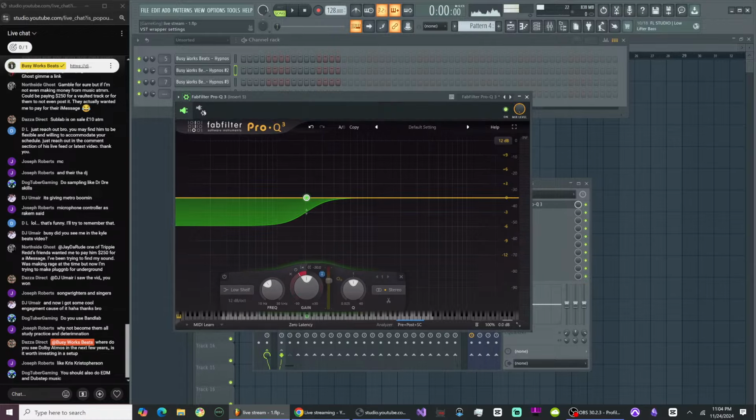I'll have a folder called projects. You could have a folder called beats, for example. Next folder is FL Studio projects. So then I'm starting to narrow it down by category.